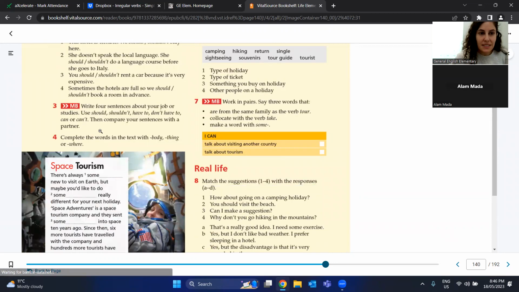Okay, let's do some sentences with should. Fernando, before you leave, give me a sentence with should. Any sentence, should. And use the time, like tomorrow, next week, next year, in May, in June, in July, whatever. What do you have to do? What's very important? What action do you have to do?